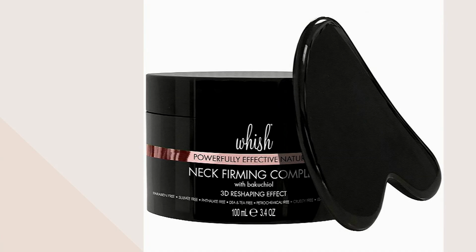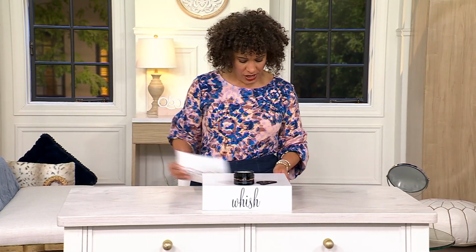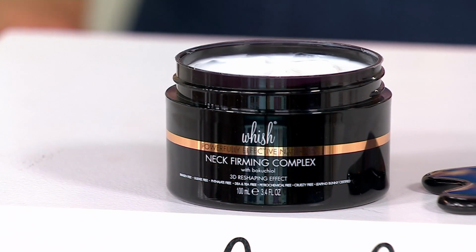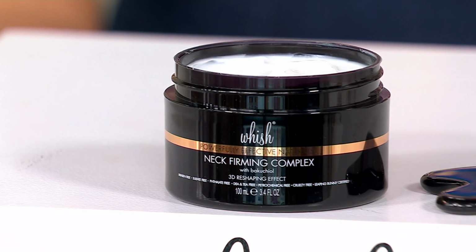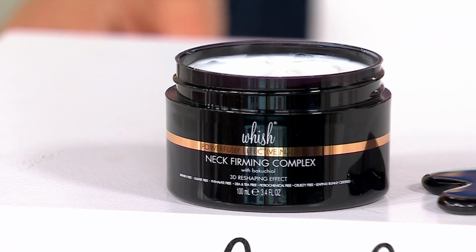Because of the sleeves. So this is where we are going next. So this is the Whish Face and Body Super Cream with Bakuchiol. Oh, sorry, I'm reading the wrong card. So this is the firming neck cream. This comes with the tool. It is the firming neck cream moisturizing complex with tool, and